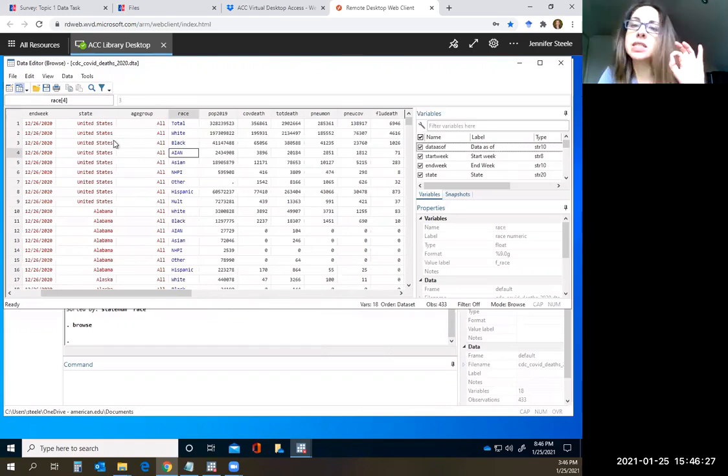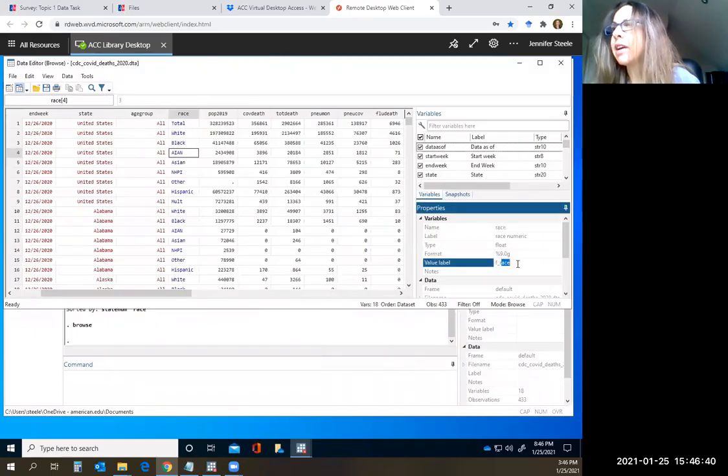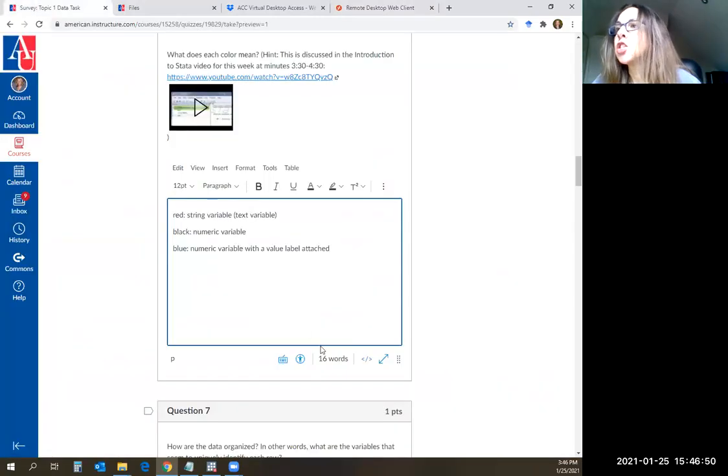So it is a variable that's numeric and can be calculated as a number. You can do statistics with it. But it has this value label attached, which is F race. And F race tells Stata that if it's a number 1, I want to see the word white. If it's a number 2, I want to see the word black, etc. Okay,